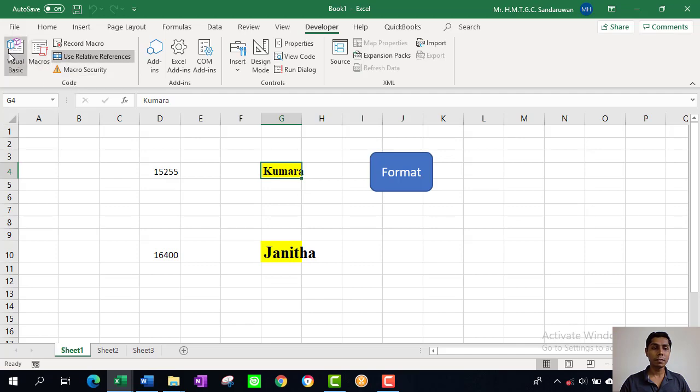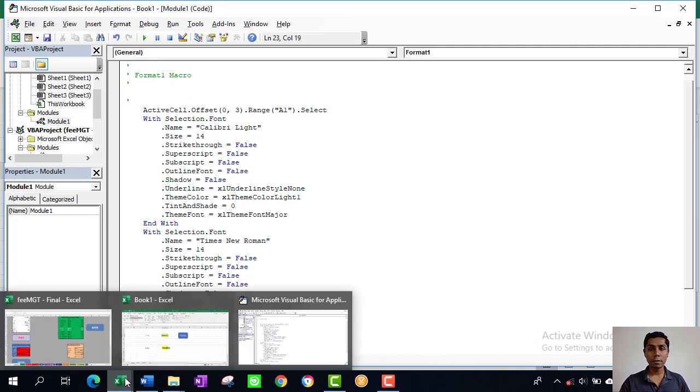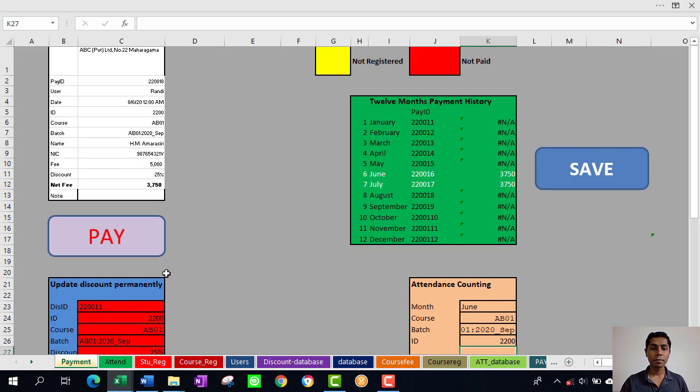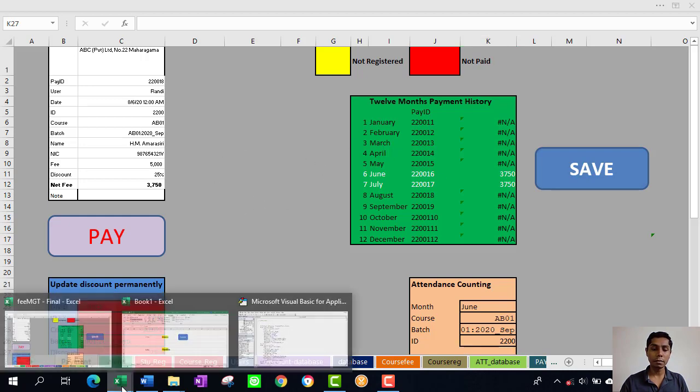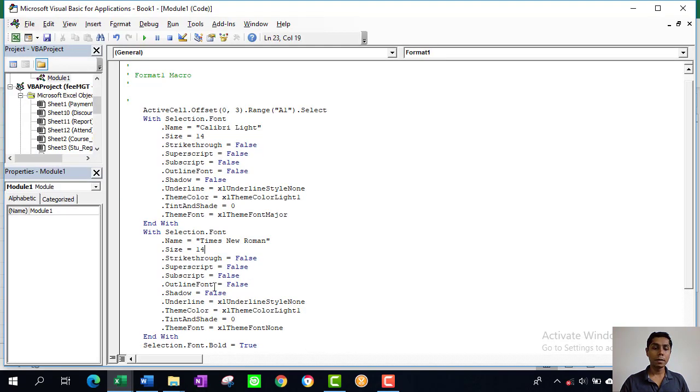you can go to Visual Basic, and also as I showed you, my model has many macros. Okay, it has many macros. So I have two workbooks opened. One is this model and the other one is our practicing Excel workbook. So I open the Visual Basic,